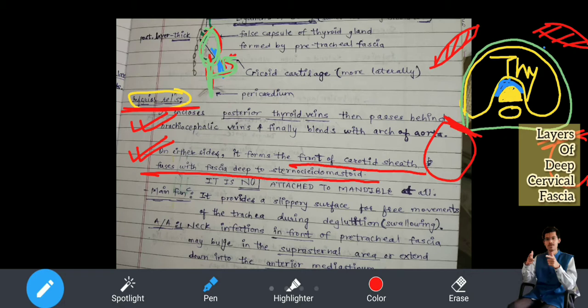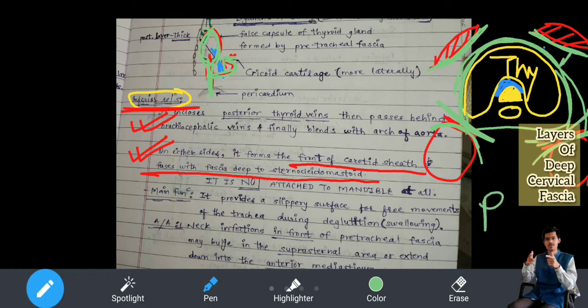See, this green color I have already shown here. This green color is the fascia, right? So this is the posterior of the sternocleidomastoid, meaning its anterior, right? And the anterior of this carotid sheath is the posterior of this pretracheal fascia. I'm sorry. Understood? See, this is the posterior, this is the anterior, this is left, and the other side is right. So this is the carotid sheath. Should I write it in blue? It's not visible, right? Okay, wait. See, this is the carotid sheath.